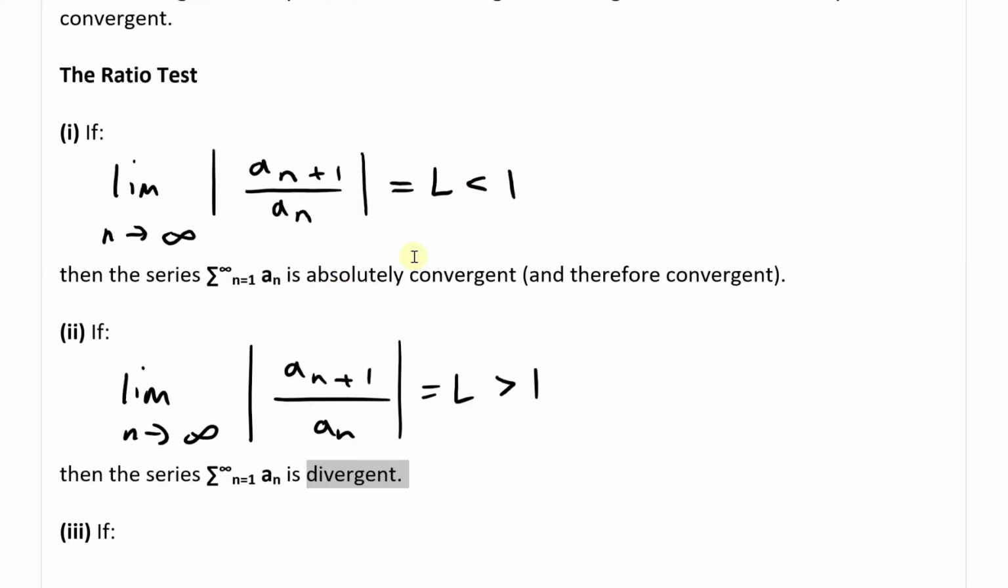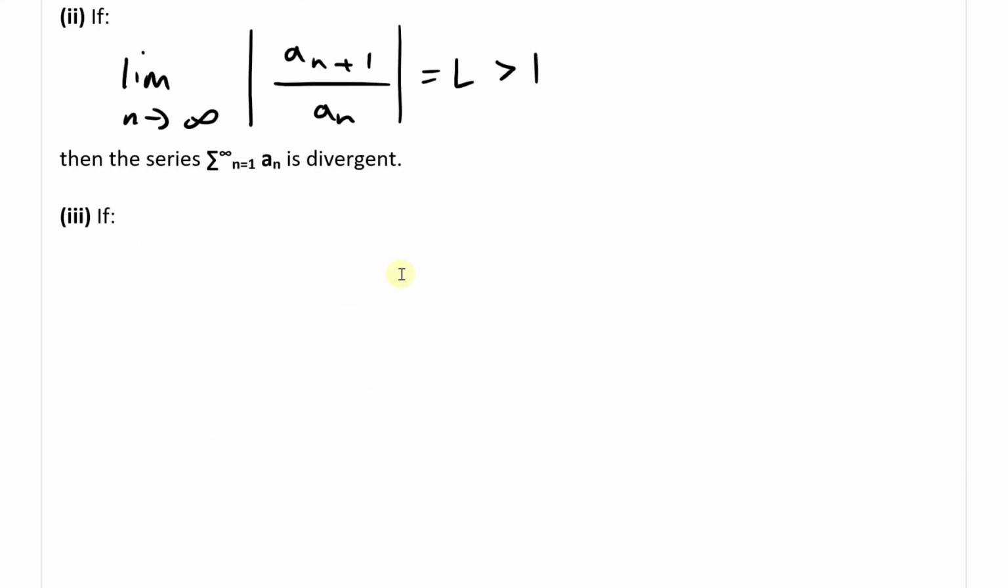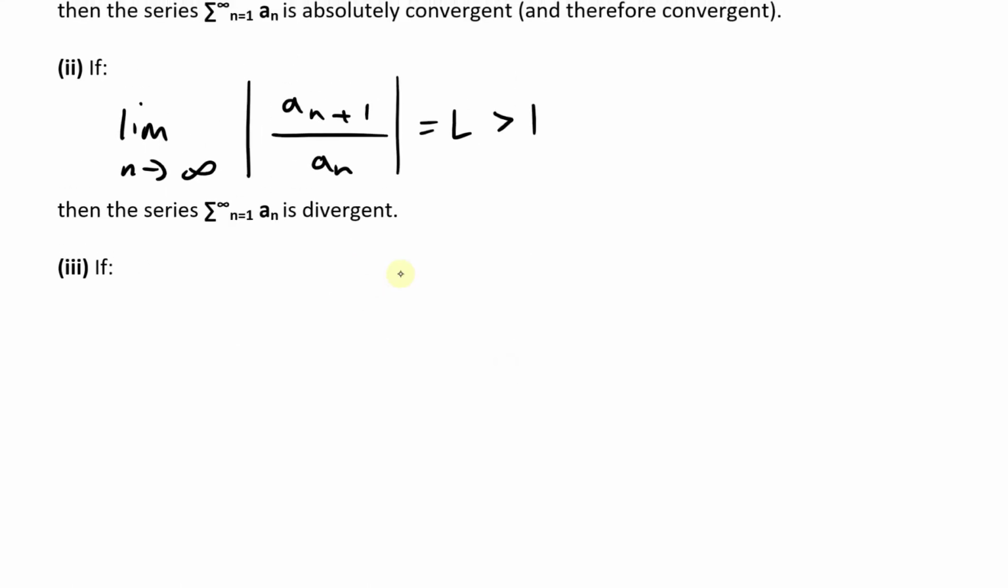And if it's less than 1, then it is absolutely convergent, and hence convergent. On the other hand, if we have the limit as n approaches infinity of a_(n+1) over a_n equals L,